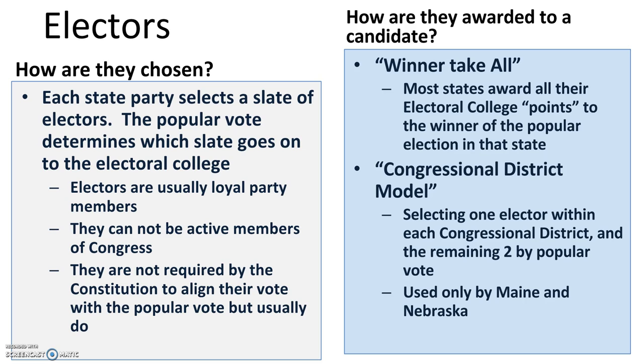They use the congressional district model. It's very similar in the fact that they're counting up people, but instead of counting up people across the entire state, the states that use this, Maine and Nebraska, divide their vote down by congressional district. Whoever wins in a congressional district wins the point, the elector that that district is worth. And then the two statewide electoral college votes that are represented by the senators or connected to the senators are won by the popular vote